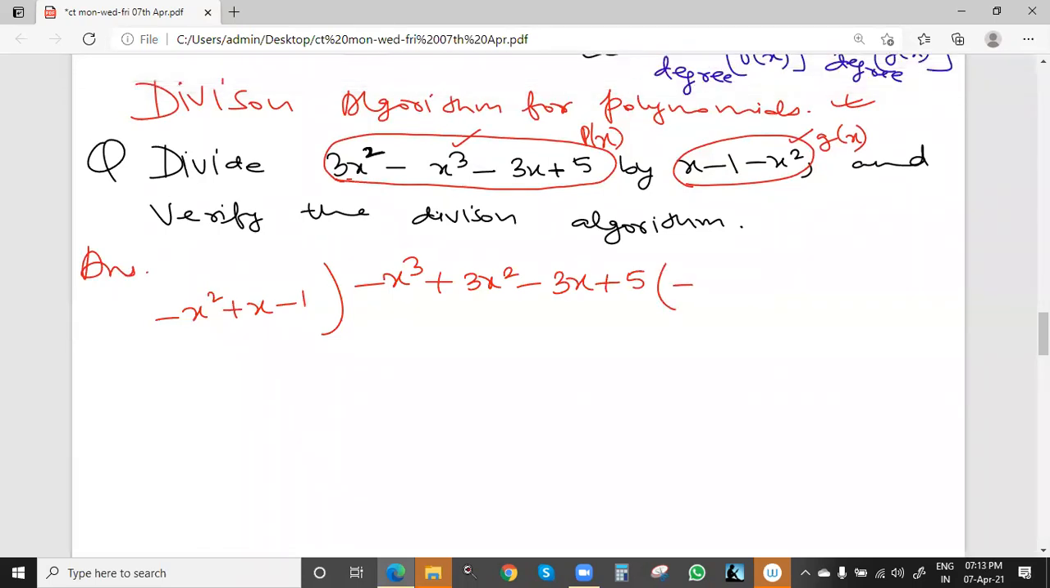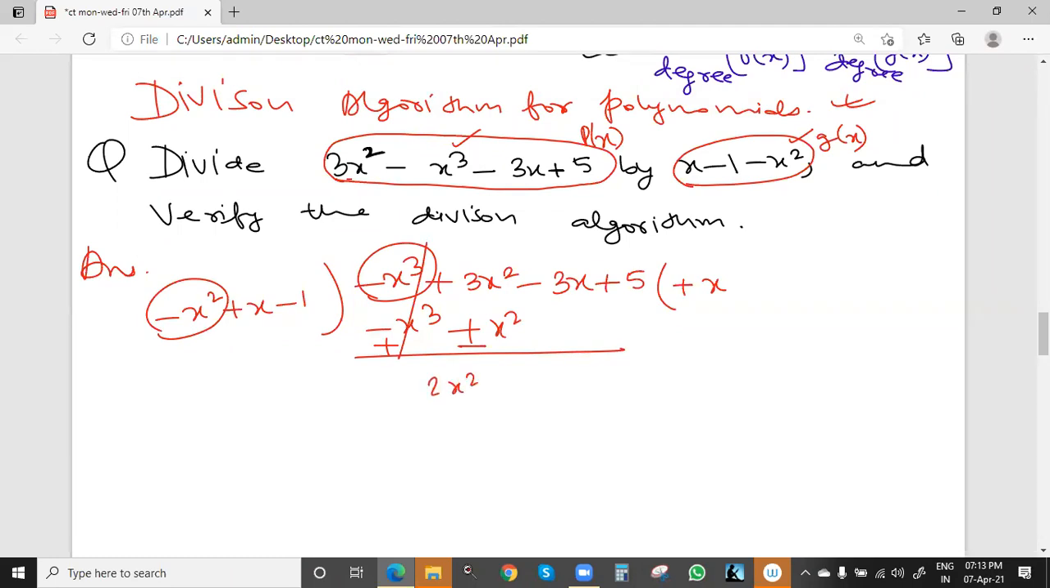So here we have minus signs, so we'll focus on minus x cube and minus x square. We'll multiply with plus x only, because already we have minus x square. So plus x into minus x square will give minus x cube, and x into x square, and then this will be subtraction. Minus then plus then minus, they cancel, because both the terms are equal and opposite. So now we have 2x square